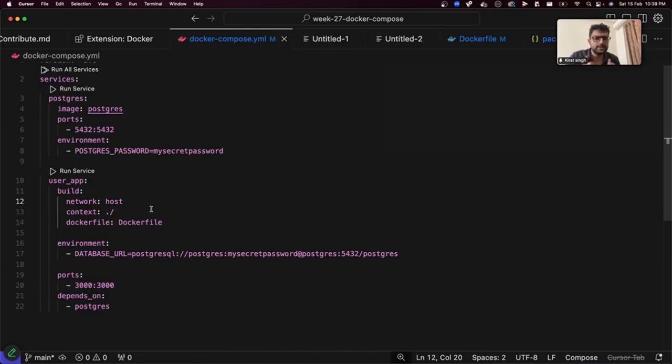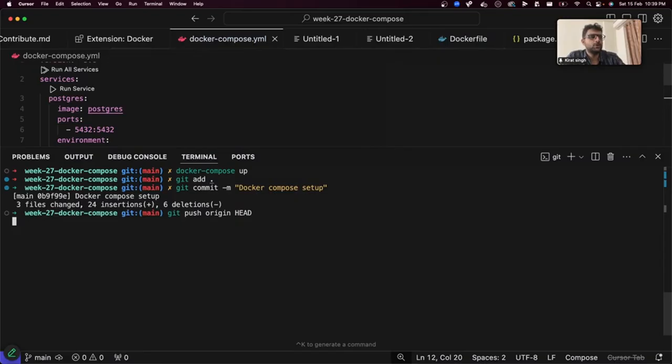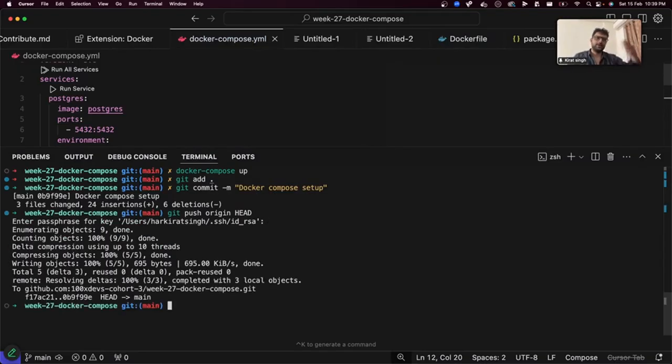So do we understand this now? Let's do a poll. It is a little overwhelming, but I hope if you look at the code, it's straightforward. Docker Compose setup pushed. Let's do a poll, guys. How much did you understand? Or is it that you're lost? Do we understand what we learned in the last 30 minutes,